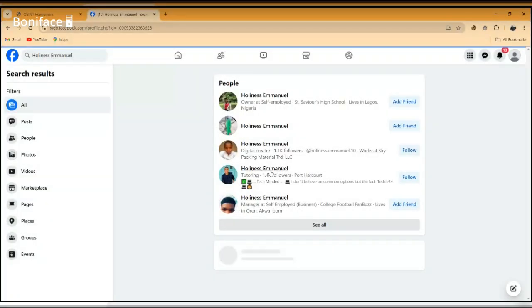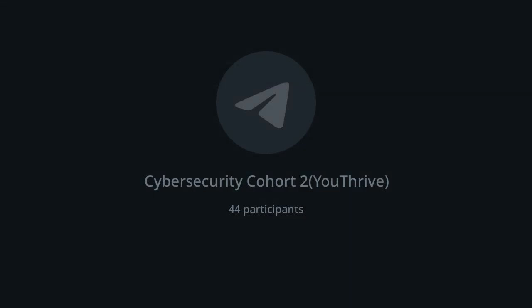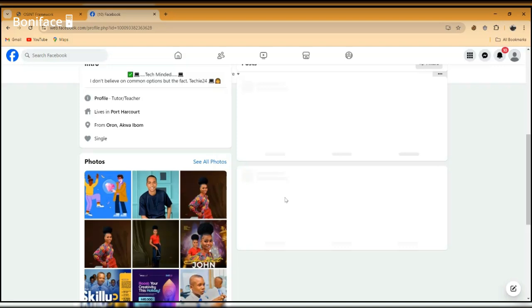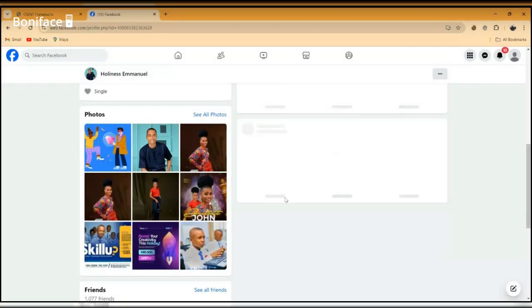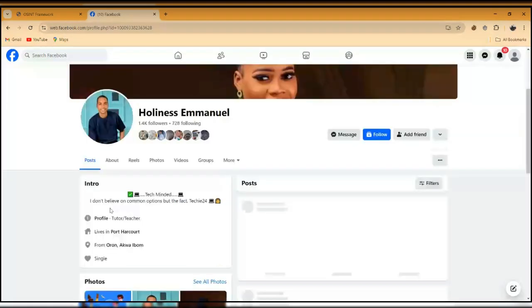Now, like I said, we can use different databases to get more information. So now, this is his account. Let's say we just want to gather one or two pieces of information. That's assuming he has posted some things up there. We can tell that this lady here is his girlfriend. This is his profile picture. He stays in Port Harcourt, so we already know his location.